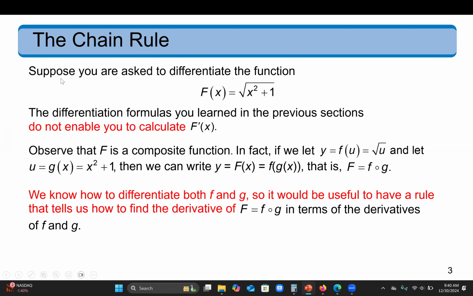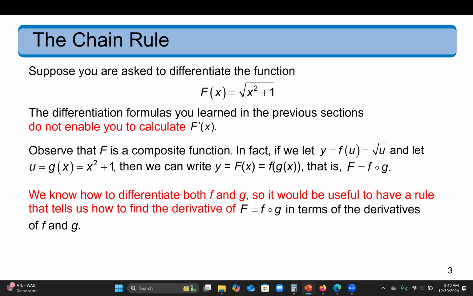Now, let's look at the theory behind the concept of the chain rule. So here, as we said earlier, suppose you are asked to differentiate the function f at x equal to the square root of x squared plus 1. Again, we cannot use the previous rules that we followed. We cannot use only the power rule, and we cannot use only the sum rule, because this is a composite function. So the concept of a composite function, let's assume the square root of x squared plus 1 is a function of lowercase f at